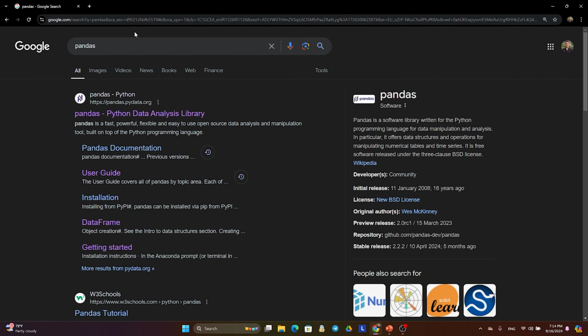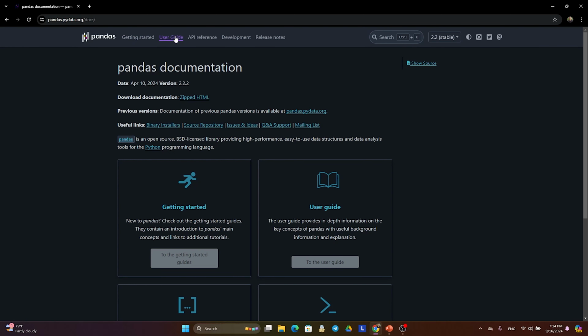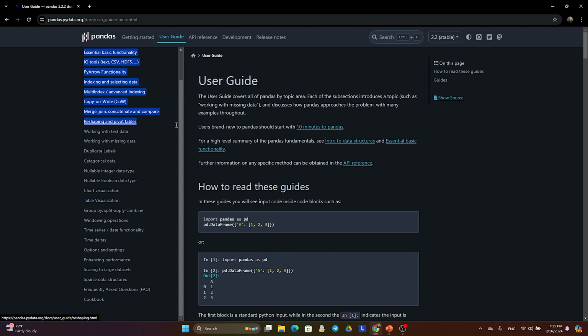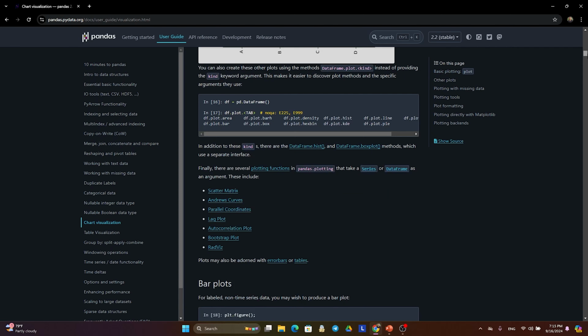And finally, if you want to find out more about working with Pandas, you can search Pandas and come to the Pandas official website, click on the documentation, and here you can see the user guide or getting started with Pandas. Here you can see everything that you need to know. For example, I'm going to click on chart visualization, and here you can see that it has a lot